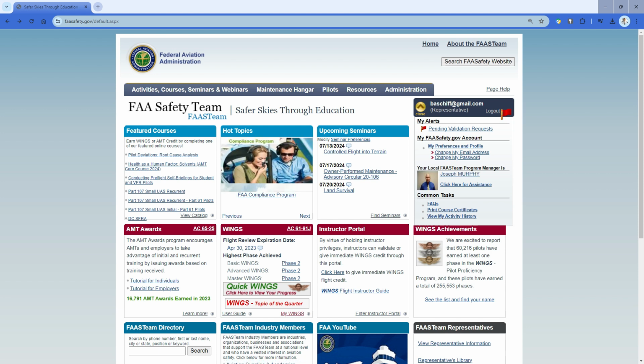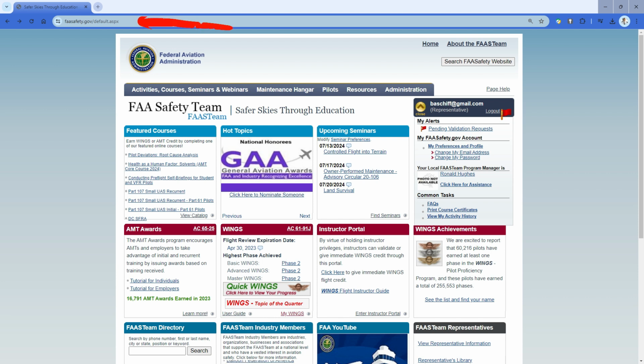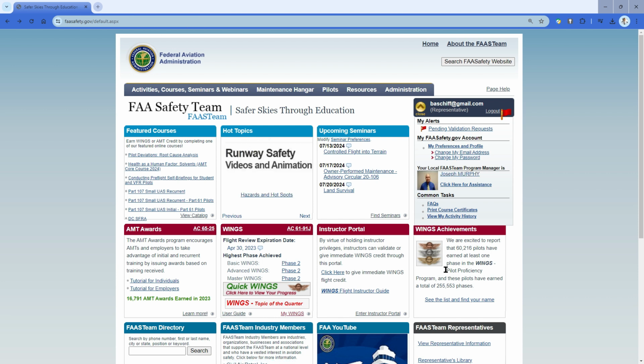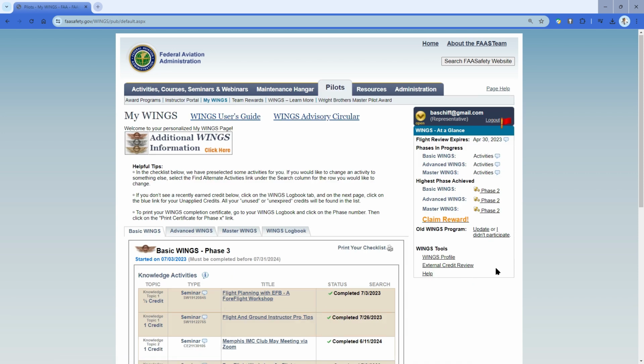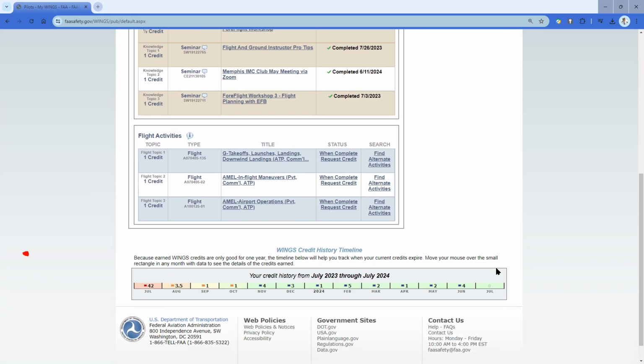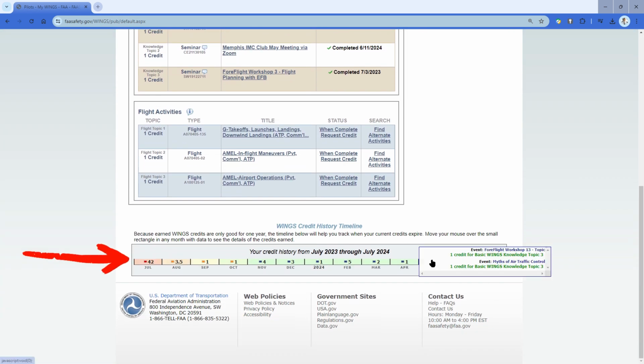are receiving them. Before sending us an email, log on to the FAA Safety website and navigate to the My Wings page. The link is at the bottom of the Wings tile around the middle of the page. Once the My Wings page loads, scroll down to the bottom of the page and hover your mouse over the month in question. If you don't see the Wings credit you're looking for, then by all means, please send us